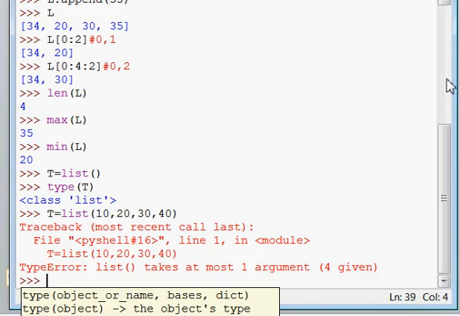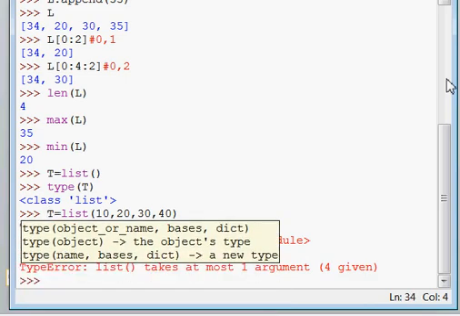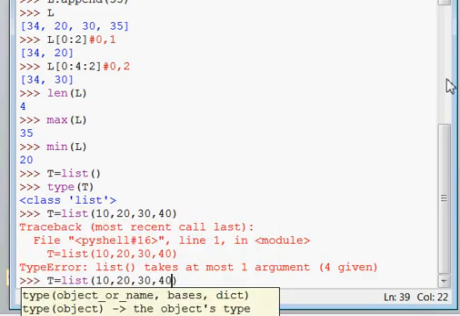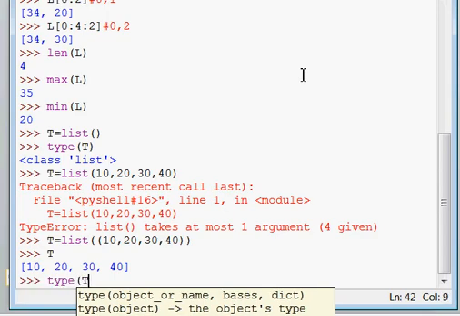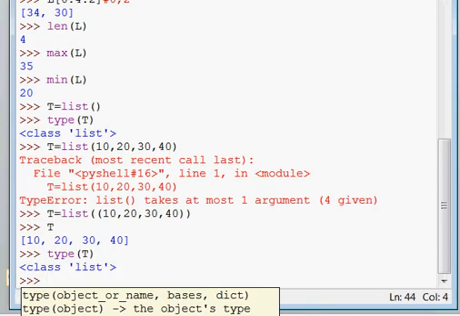Now T becomes a list also. In case you want to give values, you can give multiple values in tuple form, or in a sequence. So T becomes a list. Now you can check by type T.